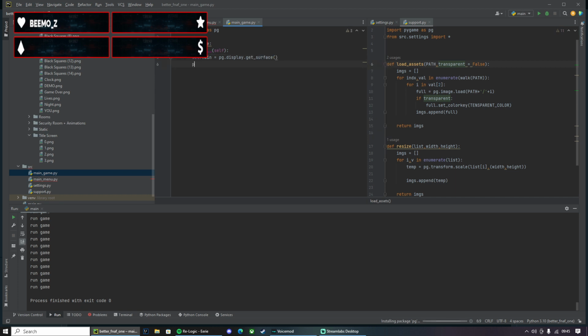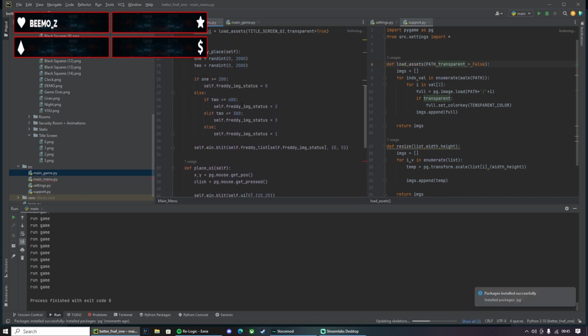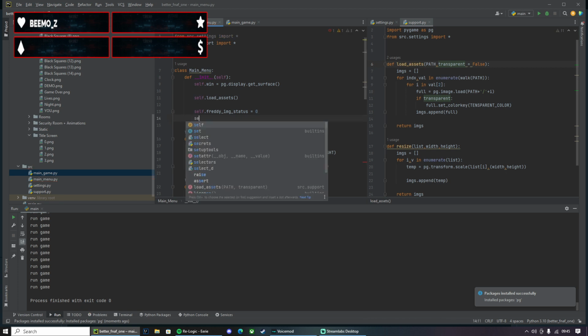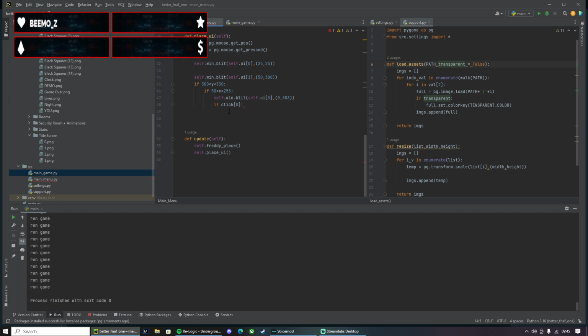And then we'll print new game, and in here we'll do, actually we'll do it down here.